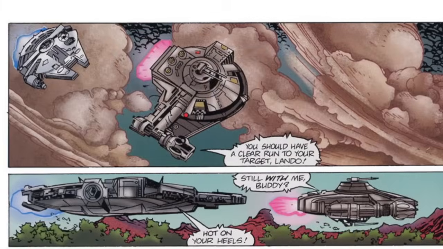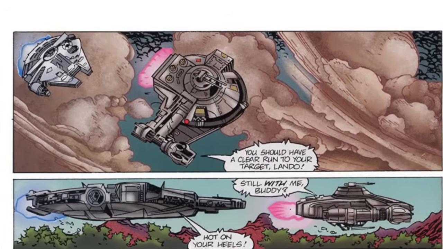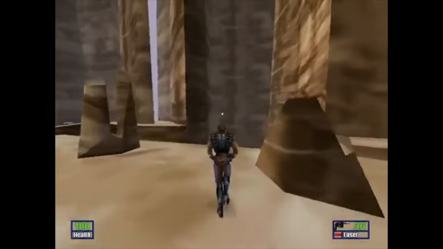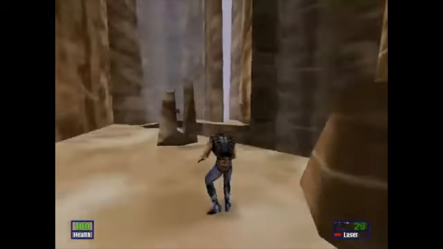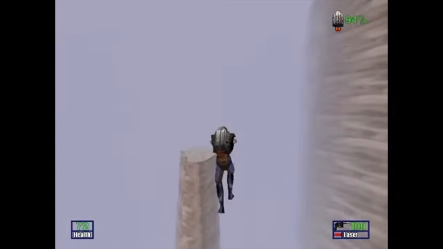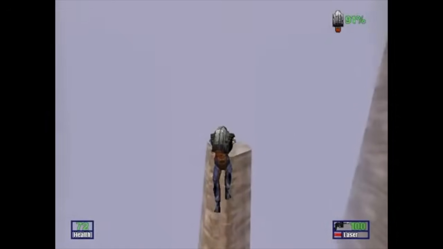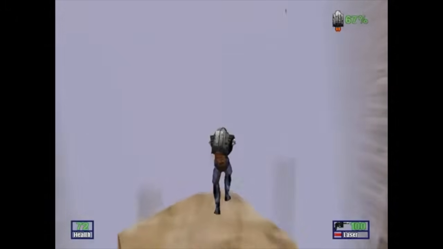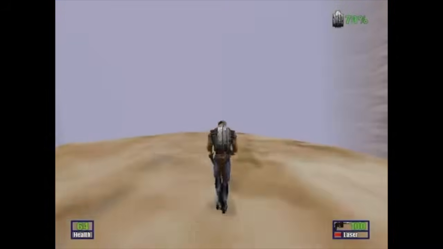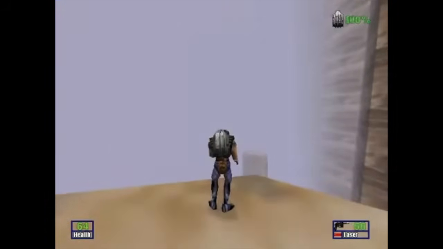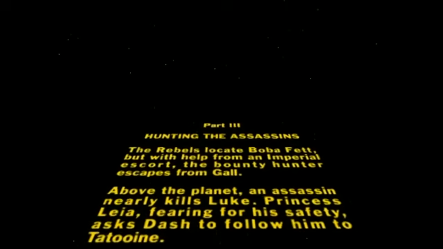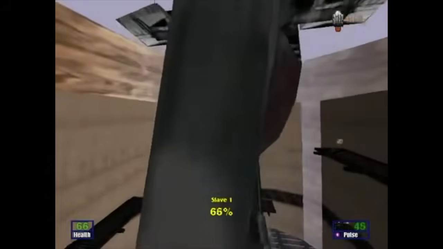However, instead of flying to where Fett has Slave 1 and Han, like in the comic and the book, the Gall level has Dash try to find Fett on foot. And while the introduction of the jump pack as a mechanic is pretty fun, this deviation really threw me. I mean, couldn't they have just done another rail shooter sequence like in the asteroid field? Maybe combine it with some of the fancy maneuvering of the swoop bike level that comes later? It's a moot point anyway, since Fett gets away regardless, although not without an obligatory boss battle.